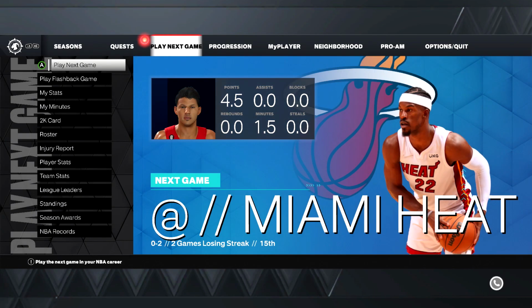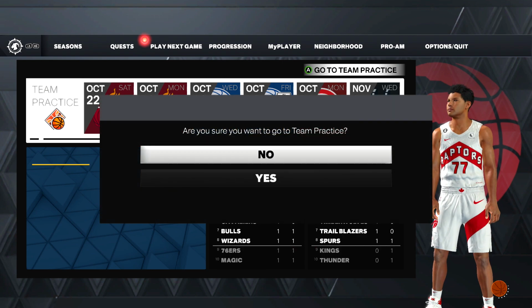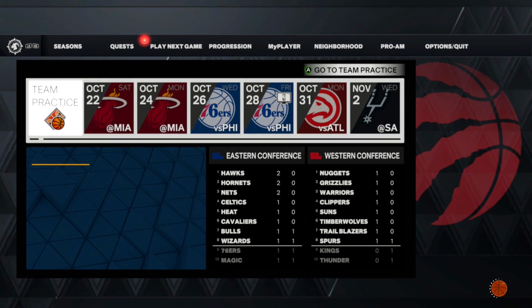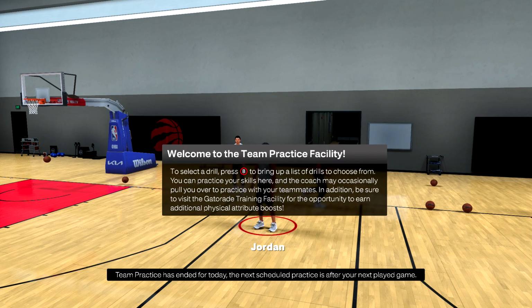You should have this option right here to do a team practice. Make sure you pick that. So hit A to go to team practice. That should automatically warp you over to the team practice facility, so you don't have to walk there manually in My Neighborhood. Now, as soon as you are here, the game is most likely going to give you this